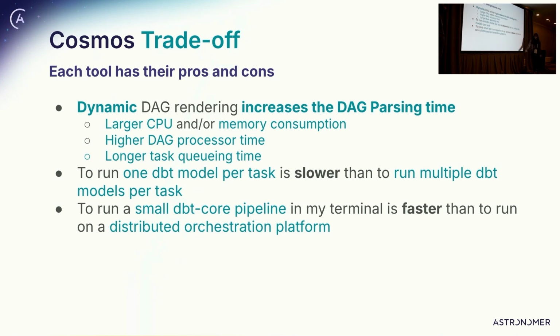And then another customer was very frustrated. He said, look at my computer. I run this dbt CLI in 10 seconds. And then I try to use Cosmos. It's taking 1 minute. How come? And I said, but come on, you're comparing a distributed orchestration tool with a single command in a MacBook Pro. It doesn't feel very fair. So it's important to set expectations there.